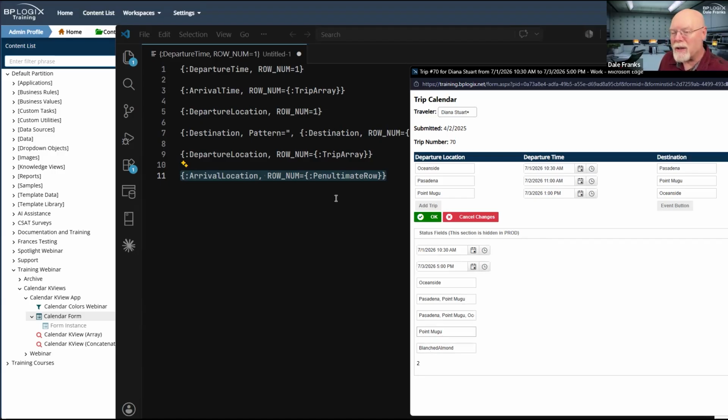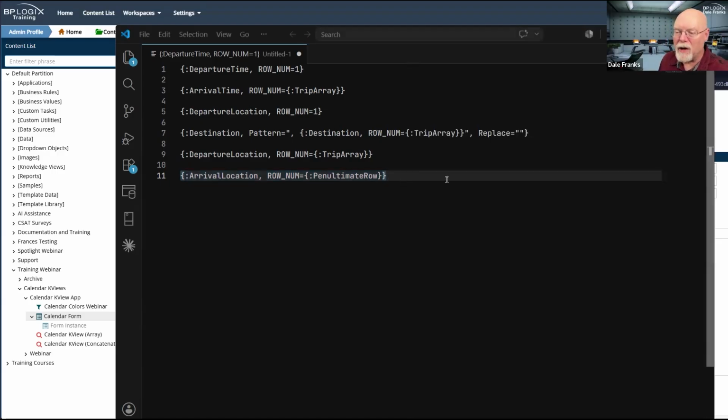Could I do all of this stuff that I've done here in the knowledge view itself? Yes, technically I could. We could use all of these system variables in the knowledge view itself.